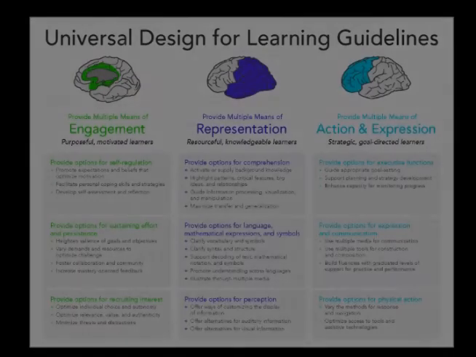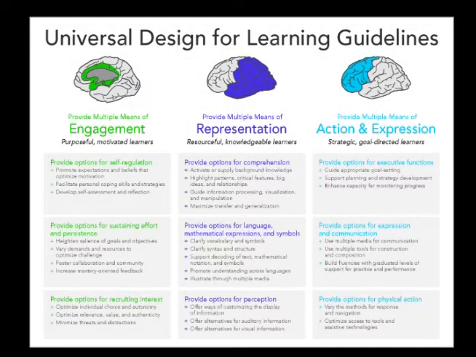The generation of the UDL principles and guidelines was the direct result of a very careful analysis of the neurosciences and the learning sciences. In essence, the guidelines are a concrete representation of our best and most current understanding of the variables that are most important in the process of learning across those three networks.